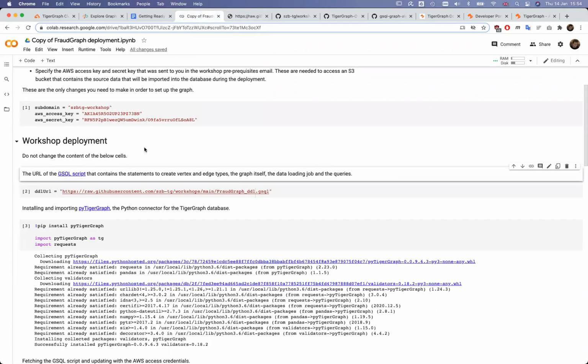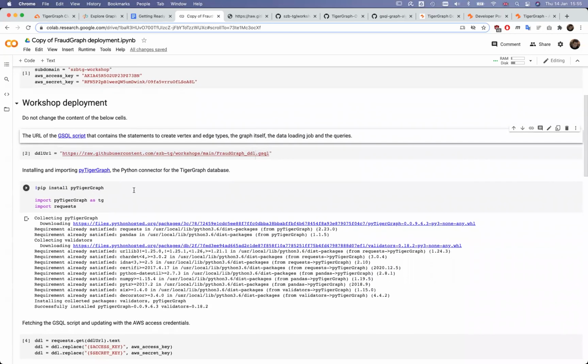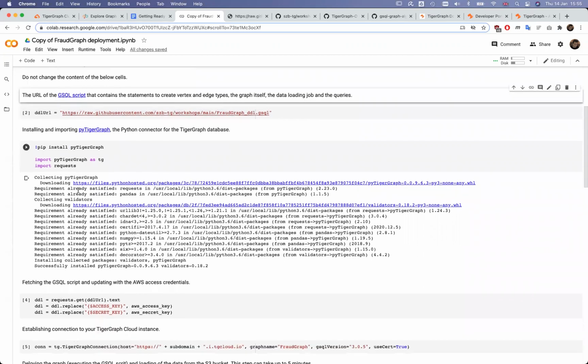In the first cell, I specified the location of this GSQL file. The second step is to install PyTigerGraph. I will talk a little bit about it later, but as I mentioned, this is a Python wrapper for the GSQL REST API. I'm importing this into my notebook.